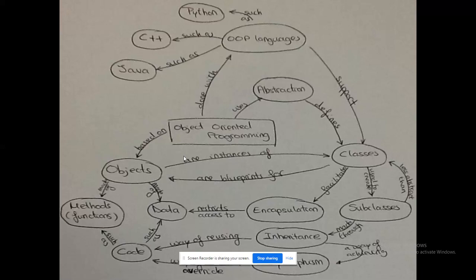So for all the OOPS concepts, the underlying one is abstraction. It will hide everything. Objects are used to access the contents of the class. What are the contents of the class? Methods and data. Methods and data combine and give you the code. What is encapsulation? The process of wrapping methods with the data. Classes can have subclasses too. I can reuse the class.